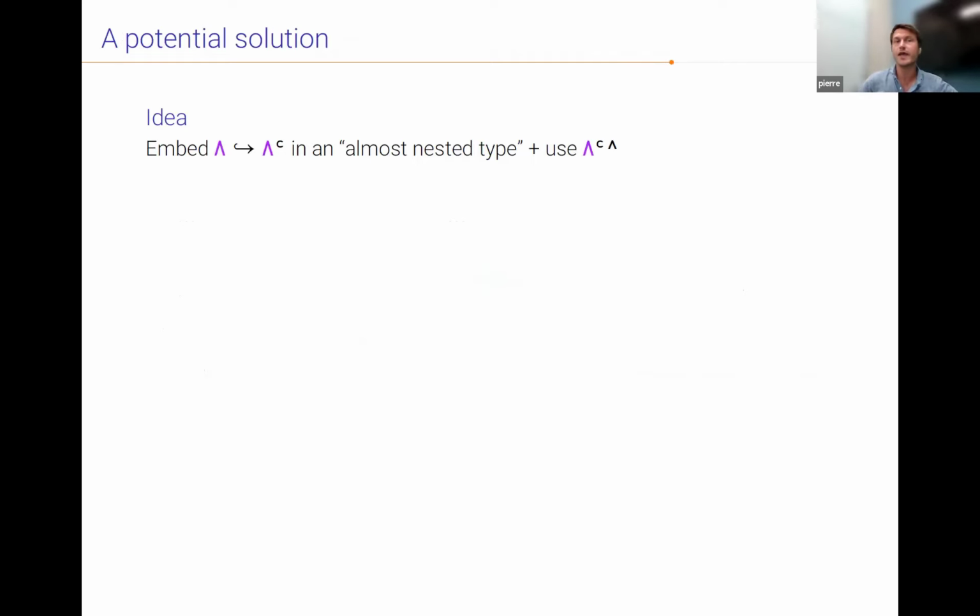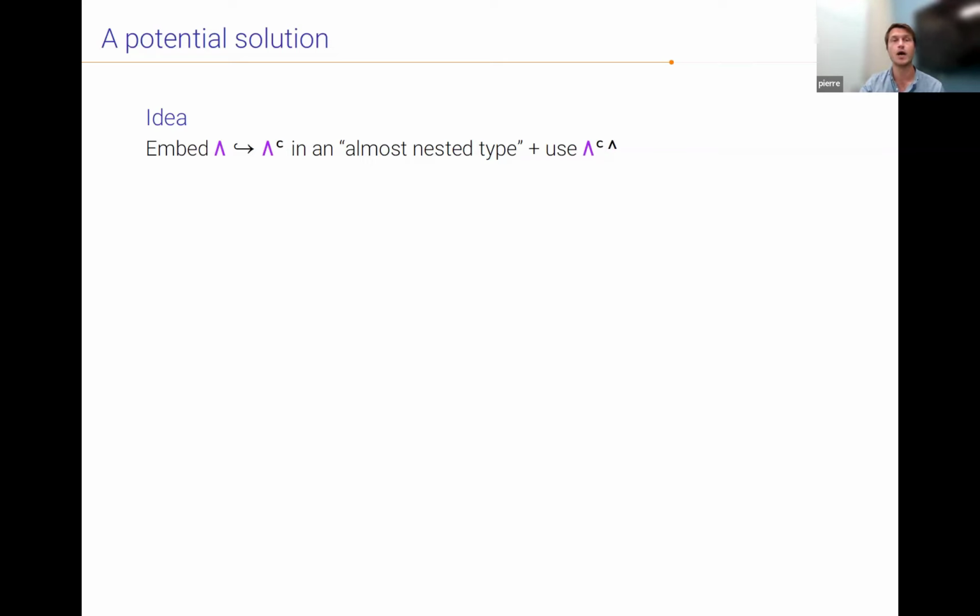So we know that the naive recipe didn't work. We tried to do lambda hat, and we noticed that there was this problem with inclusion preservation. And so how can we go around that? The technique that we propose is the following. We just embed the data type that we are looking at, here lambda, into something which is more simple in a way. So there will be more elements, but it will be more simple to handle from the parametricity